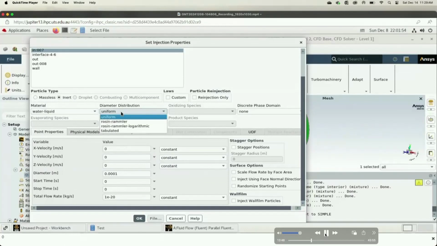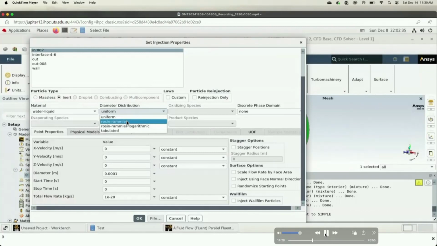For the diameter distribution, for example, you want to release particles not of one diameter, say 1 micrometer, but 1 to 10 micrometers. How do you release a 1 to 10 micrometer range of particles? You have to tell the computer to release it like 1, 2, 3, 4 micrometers, or 1.5 to 2.5 micrometers. Here is the distribution